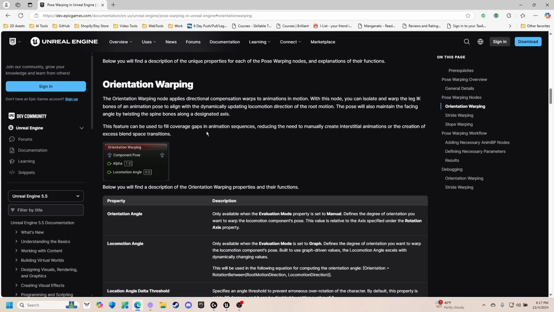Most of the time, especially if you're new to a project, you'll probably learn how to create blend spaces to help your character move left, right, diagonally, backward, whatever, while the character is facing forward. So you'll create that 8-way locomotion to cover those gaps in where your character will be moving around and it blends properly. Well, orientation warping can also be used to cover those gaps that you may be missing,